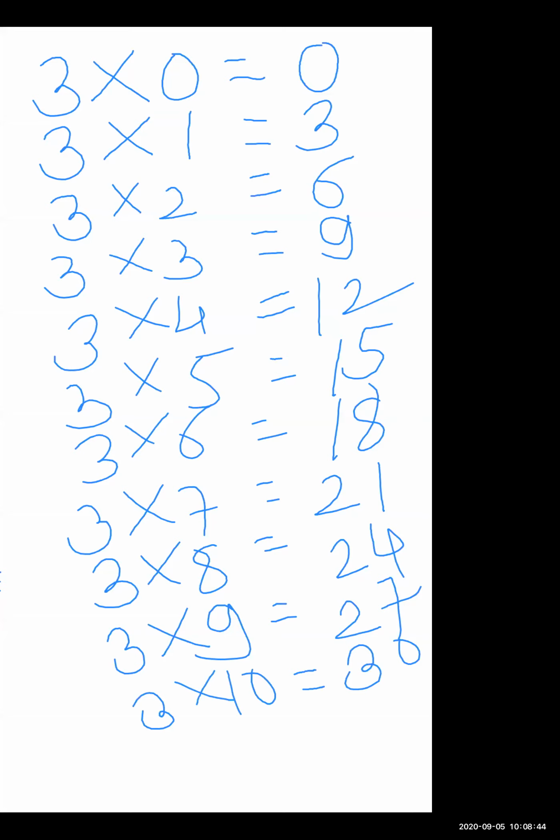So this is the way, children, you can also make the tables from your side. You can make any table. Just you have to add the numbers 1 time, 2 times, 3 times, 4 times, 5 times, 6 times, 8 times, 9 times, 10 times. Right? And this way you can make any table.